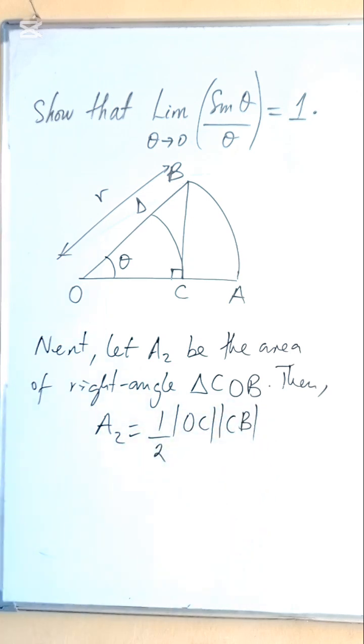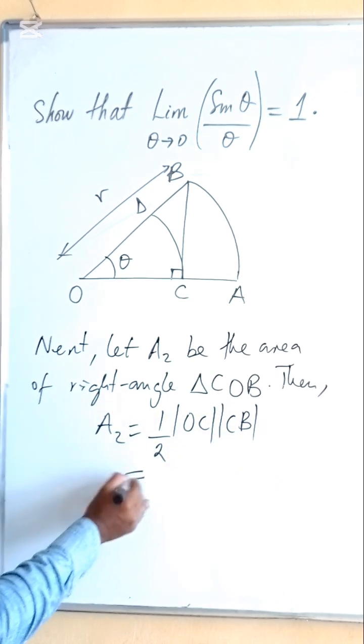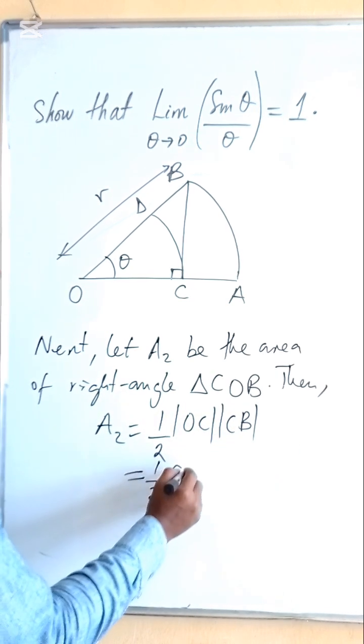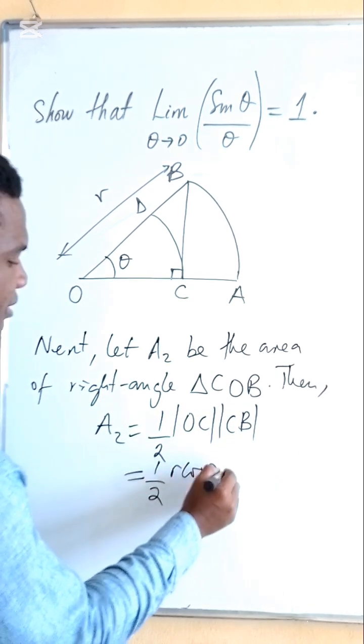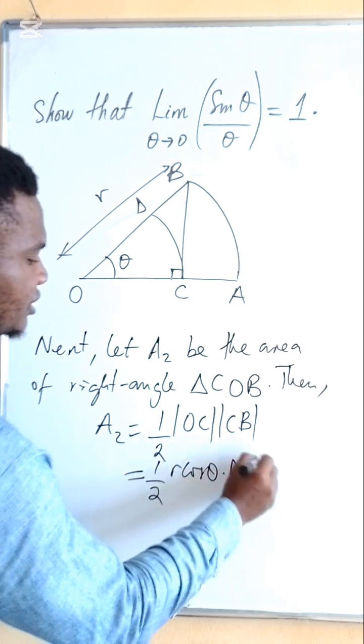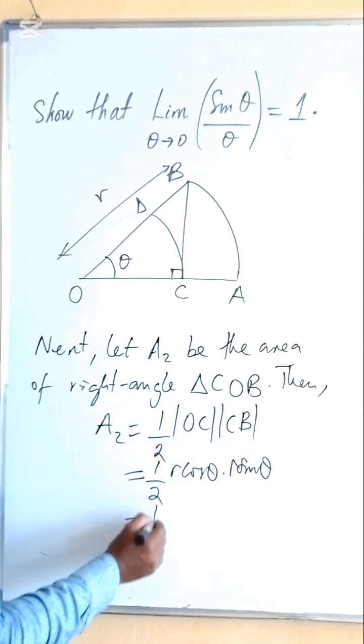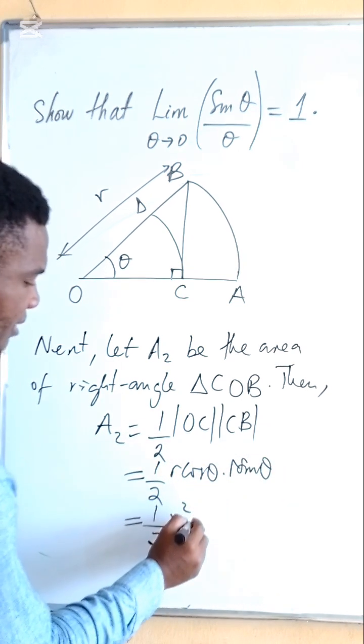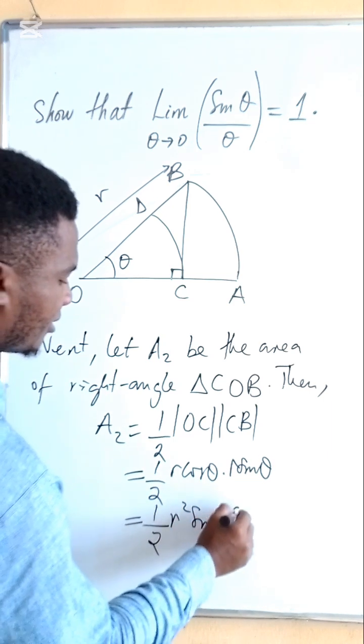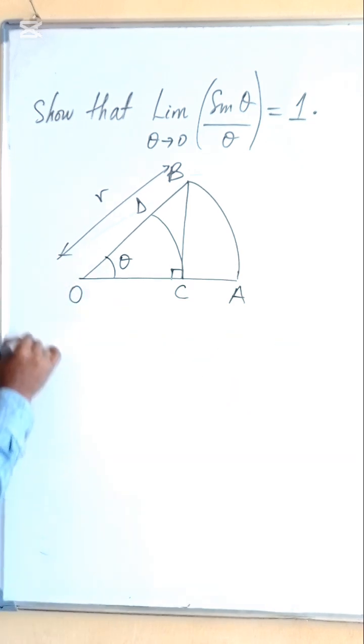Okay? Now, if you put in what we have for OC and CB, this would end up giving you half R cos theta times R sin theta, which simplifies to half R squared sin theta cos theta. Finally,